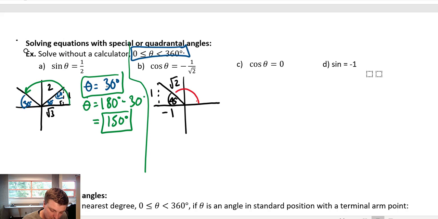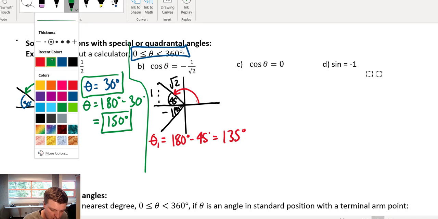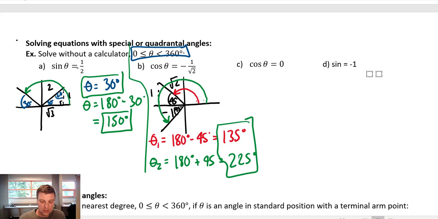From here to there is going to be my first solution. And so my first theta value would be 180 degrees minus 45, which is 135 degrees. But there's a second value, which is going to occur in the third quadrant down here, where this is a 45-degree angle. Sorry, it's getting a little bit messy there. But I'm going to go from here around to there, to that point. And so I can see theta 2 would equal 180 plus 45 degrees, which is going to be 225. So I've got two solutions for my cos theta equal to